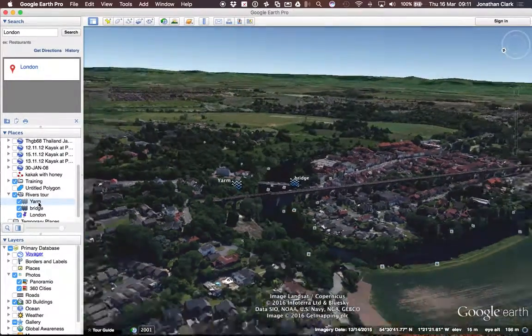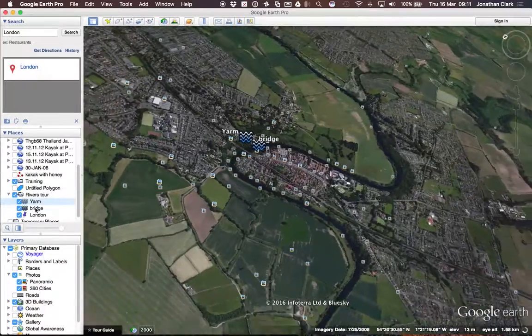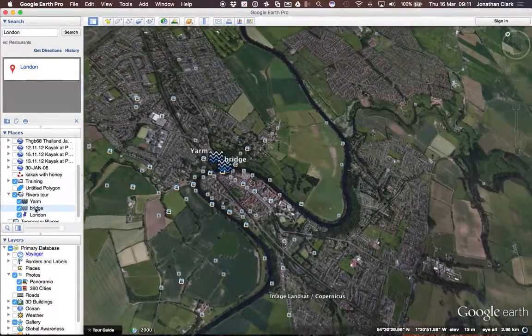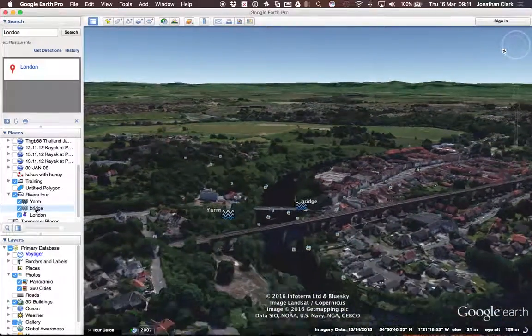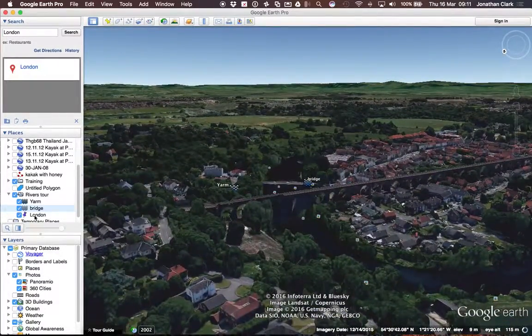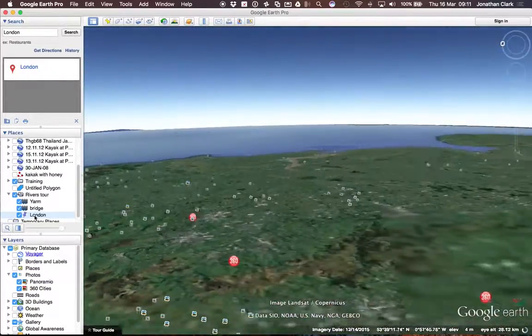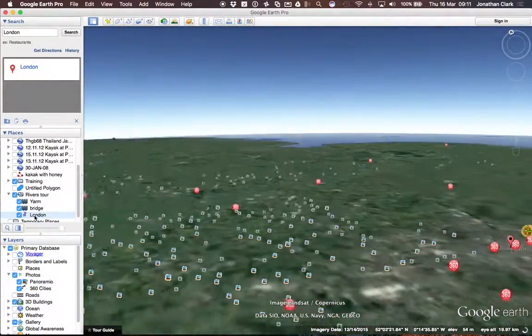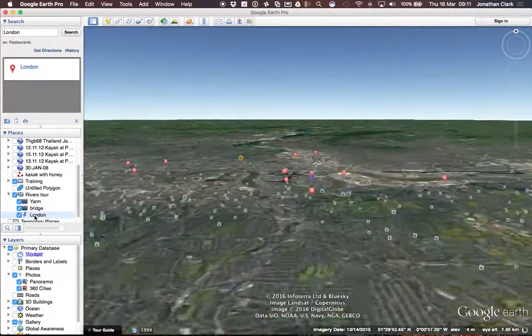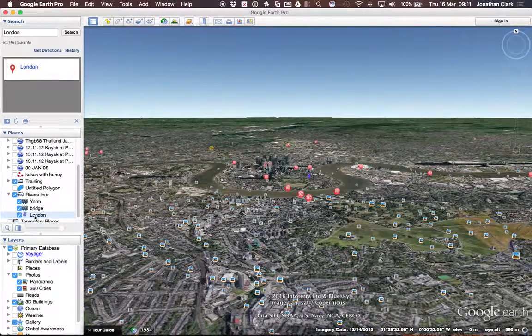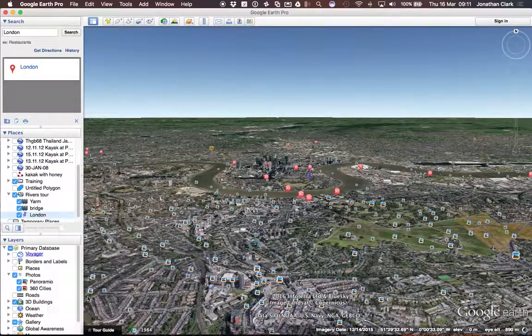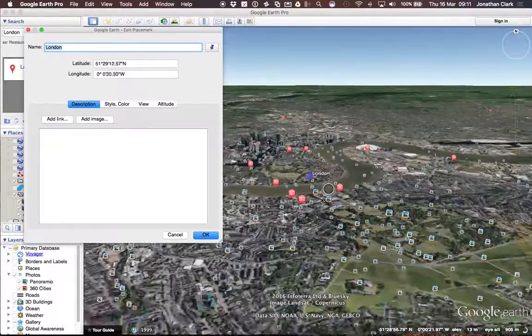When I go to Yarn, you can see it looks like that. When I go to my bridge, it will save that previous view that I've just edited, which is really good. And then I can go over to London, and it will save that previous view and the distance away, etc. Don't forget, if I wanted to change that, go to Get Info, I can zoom in,